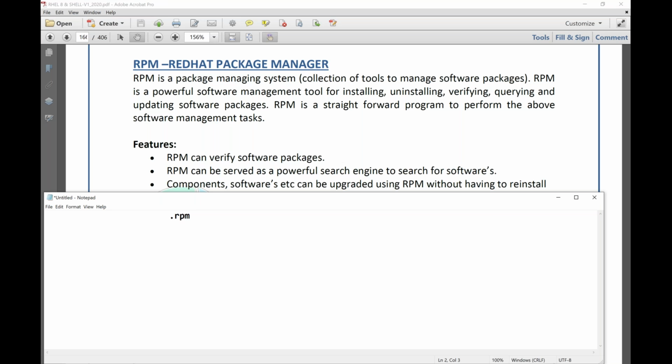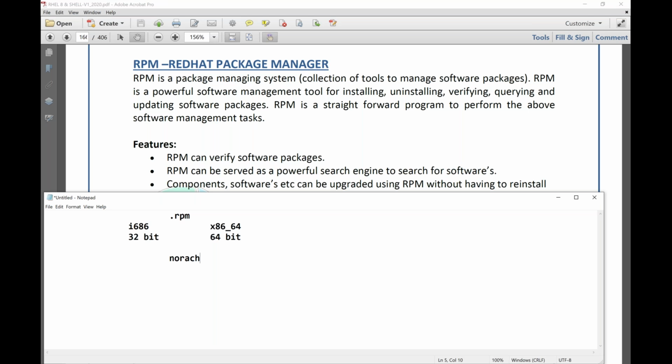And there are two formats generally we used to have. One was i686, that is nothing but 32-bit software. So 32-bit software used to be installed on 32-bit operating system. Then we also have x86_64. Now this format used to be for 64-bit environment. So 64-bit environment will be allowing you to install 64-bit software, and 32-bit environment will allow you to install 32-bit software. But we have one neutral